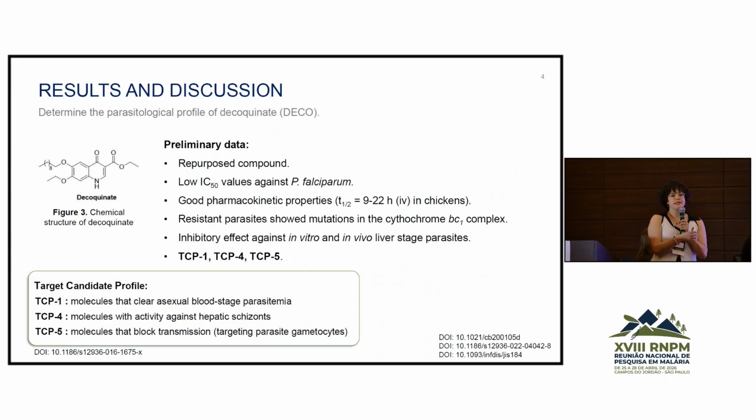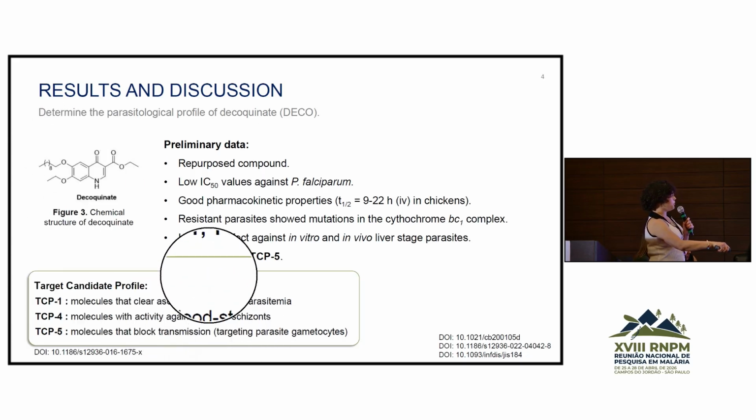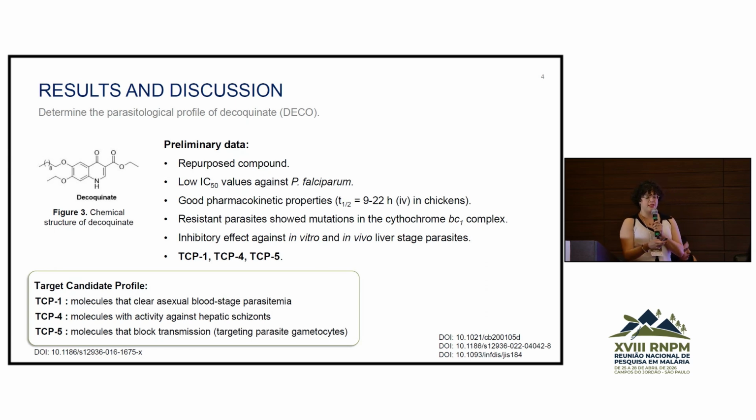It's a compound that comes from repositioning, and we have several reports in the literature showing its anti-plasmodial activity in the face of different parasites, and this compound presents these activities, but not everything is positive. There's a great disadvantage for this compound,